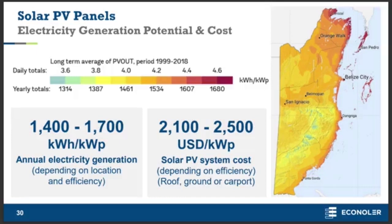Next. So we can see here a map of Belize with the potential for solar PV systems. We can see that there's high potential everywhere in Belize. The potential might be a little bit higher in the coastal area, the islands, but still, we're looking at maybe